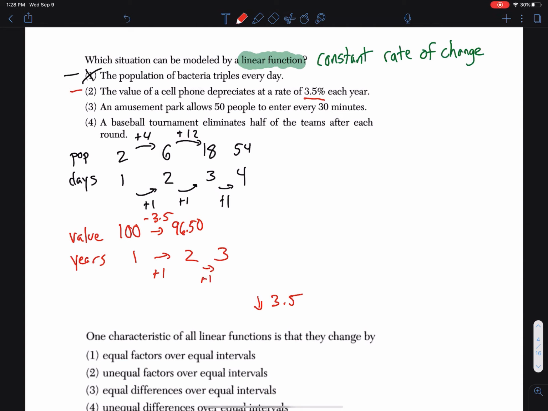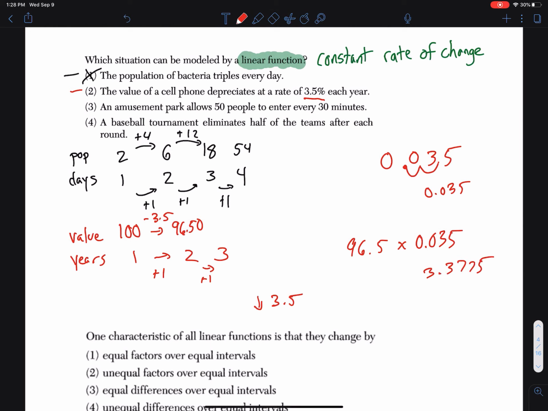And then as x goes up once again, what's happening to the value? So when we go 1 year ahead, what's happening to the value? We'll do 96.5 times 3.5. Oh, sorry, not 3.5. Excuse me, 0.035 because it's a percent. Very common mistake there. I'm glad I caught it. It's a percent, so we have to take out a percentage, moving the decimal back twice, so 0.035 is what we're multiplying by. So do 96.5 times 0.035, and you'll get